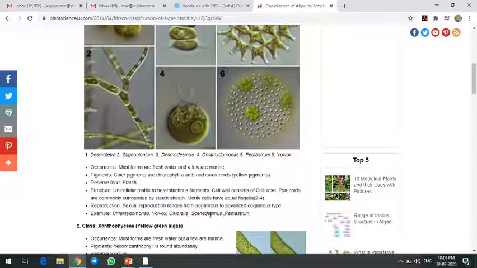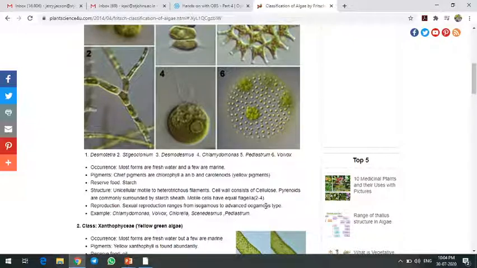where both gametes are similar to each other; anisogamous, where the gametes are dissimilar either physiologically or morphologically; and oogamous types, where we find a motile male gamete produced from a male reproductive structure. So the male gamete is called antherozoid, produced from the male reproductive structure, and the female gamete is the oogonium or egg, which is found in the